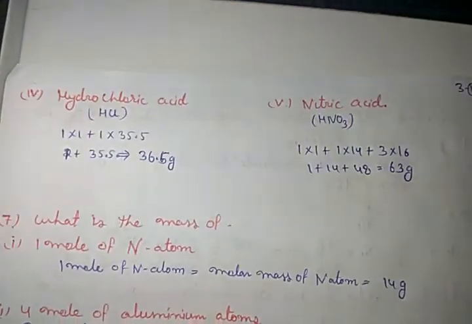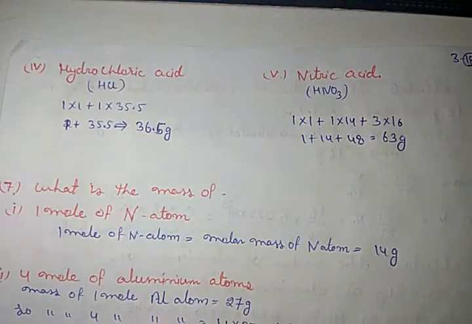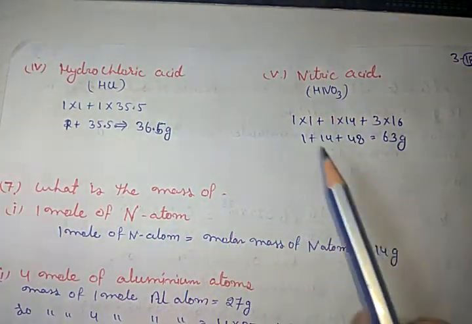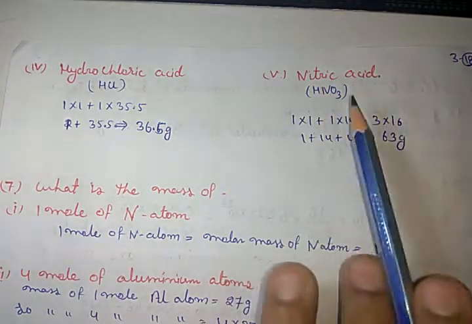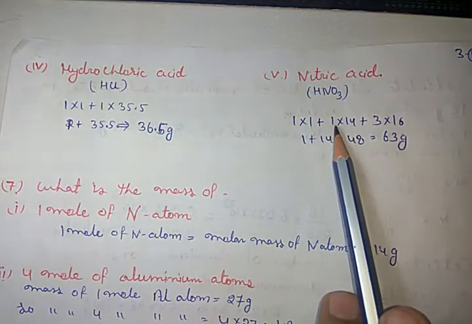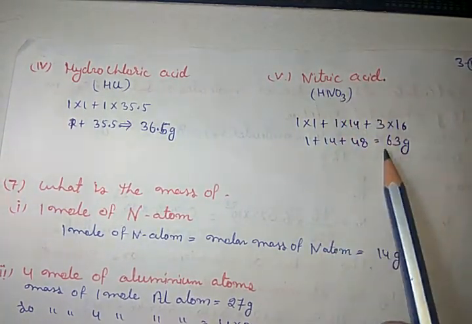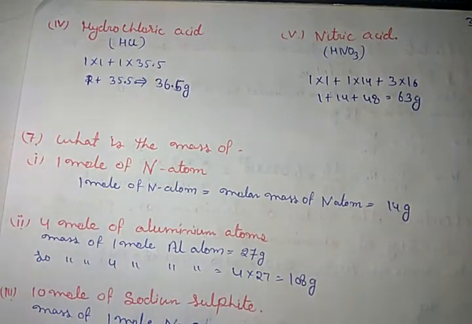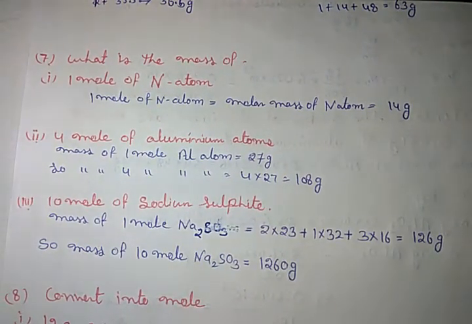Similarly, nitric acid, HNO3. Here one hydrogen, one nitrogen and 3 oxygen. So when we total the atomic masses of all, then 1 into 1 for hydrogen, 1 into 14 for nitrogen, 3 into 16 for oxygen. So the total becomes 63. Got it? Clear? Now the next question is, what is the masses of